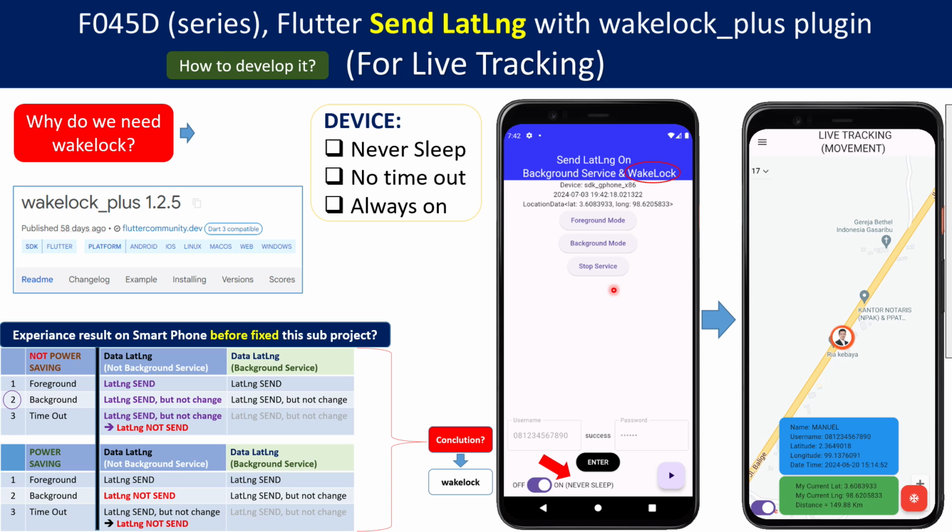Because if we use this one, I mean we don't add the Wakelock plus plugin, so we have a timeout from the device.